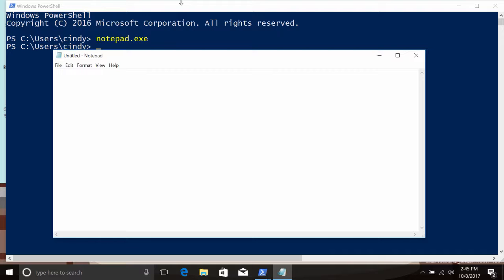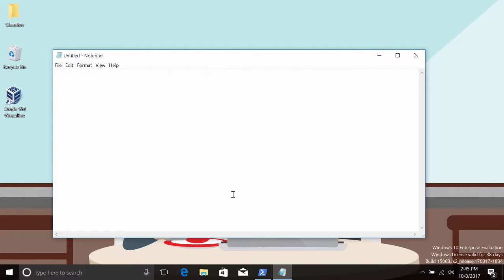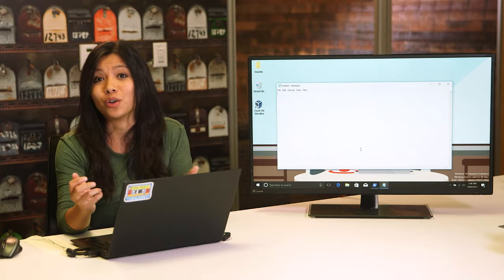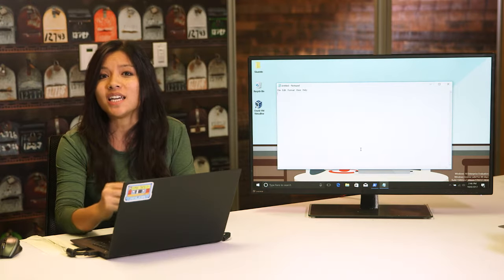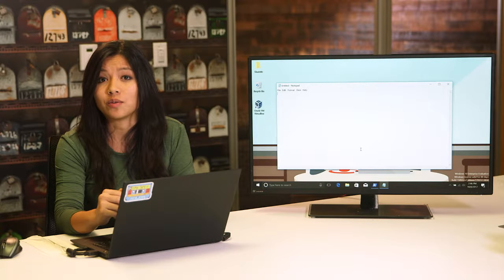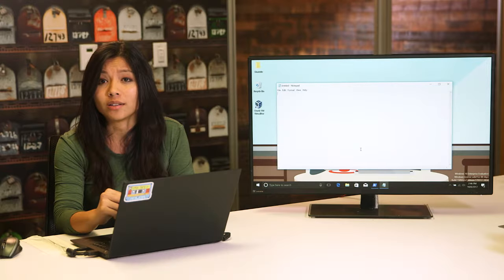What happens if we kill the parent process, though, by clicking on the X button? Notice that Notepad keeps on running happily, even though its parent has been terminated. Those children are just in their own world. Clicking the X is just one way to stop a process from running in Windows. But as you might expect, there are other ways you can stop processes.